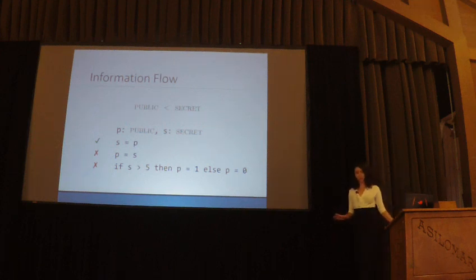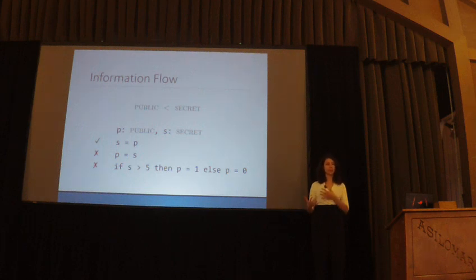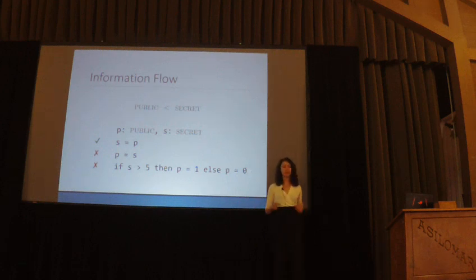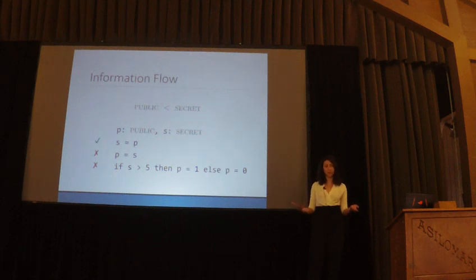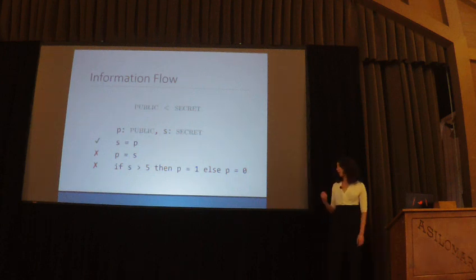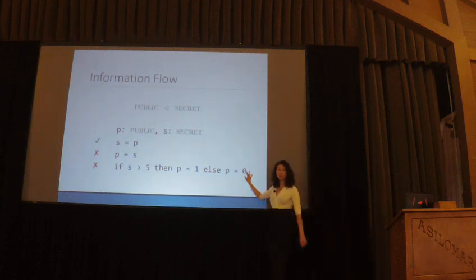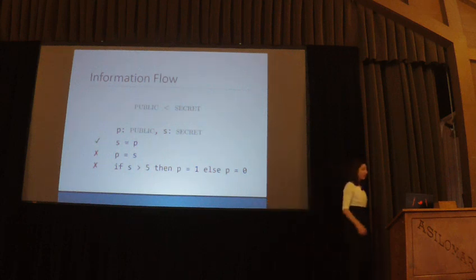Information flow analysis is used a lot in the security community, where you want to prevent secret information leaking to the public. So if we have two variables, one of them is of level, that's what we call them, level public, and the other one is of level secret, then we want to allow for the secret variable to depend on the public variable. That's perfectly fine. Secret information depends on public information, but we want to disallow public variables depending on secret variables. So those two statements should be invalid in our language.